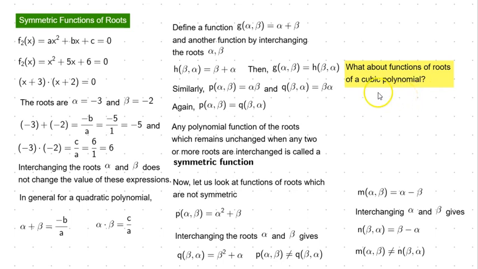So now let's look at the same concept of symmetric functions of roots using a cubic polynomial's roots. So now we have a cubic equation, ax cube plus bx square plus cx plus d equal to 0. Let alpha, beta, gamma be the three roots. Then we have seen already, in a previous session where we looked at the relation between coefficients and the roots of a cubic equation,